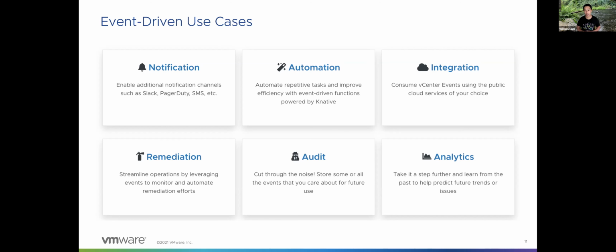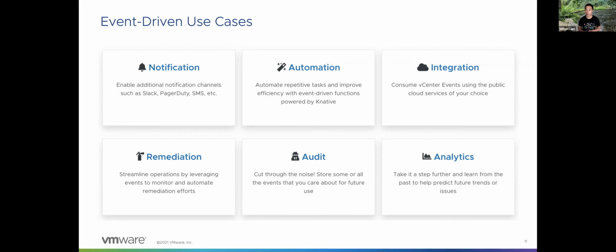Remediation is another big use case for our audience, especially around SRE and operations, right? Now that you can react to these events, a host goes down, instead of paging somebody in the middle of the night, maybe it can automatically provision an additional host if you have that automation capability. Maybe it's actually setting up a PagerDuty or ServiceNow ticket, right? Or maybe adding additional storage, depending on the type of use case. So instead of having somebody do something manually, you can actually write that automation and react and automatically remediate some of those scenarios. So we have customers doing that as well.